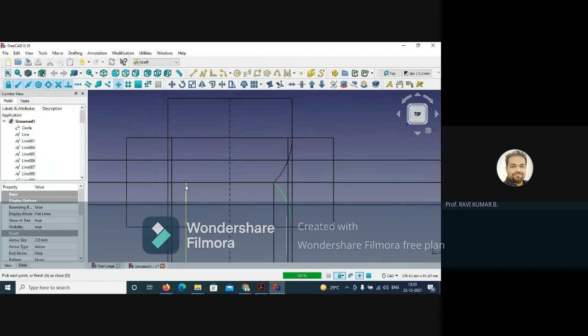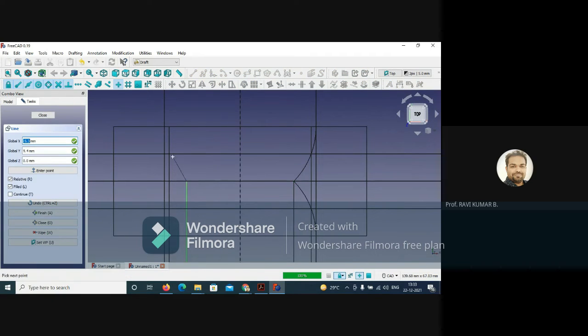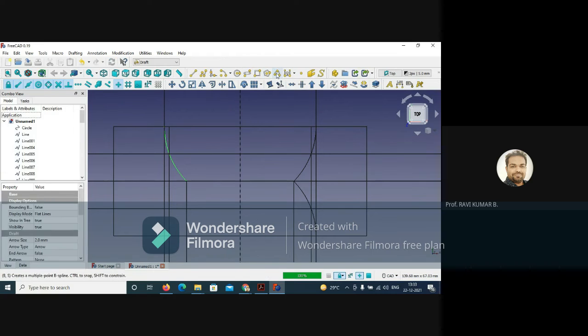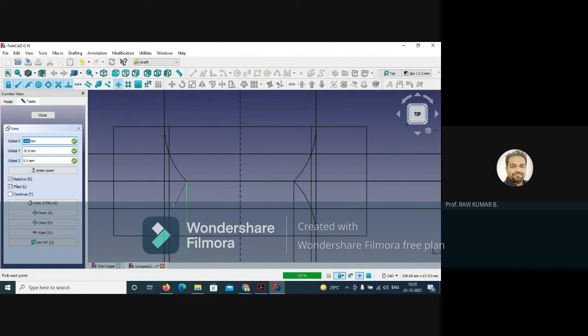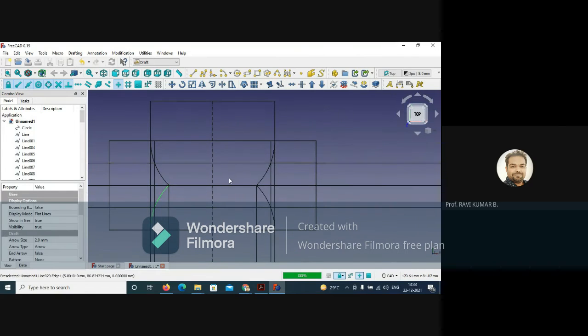This side also you do the same thing. Take this line again, connect this point and the last point, which is over here, and escape. Take spline again, connect over this and the last point, and escape. So this has been drawn. Now what modification you have to do over here, you have to connect this line to this line, and then finally this line to this line, and finishing. So final finishing is pending.